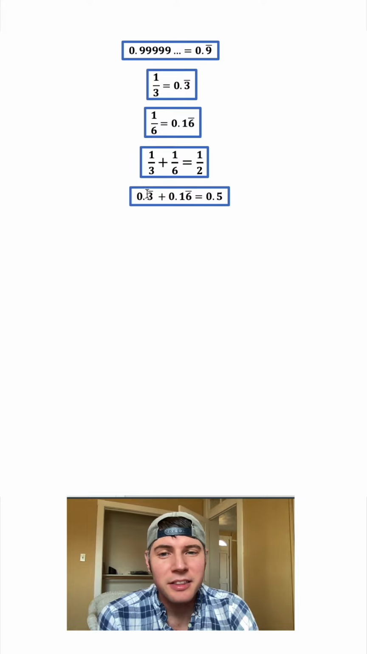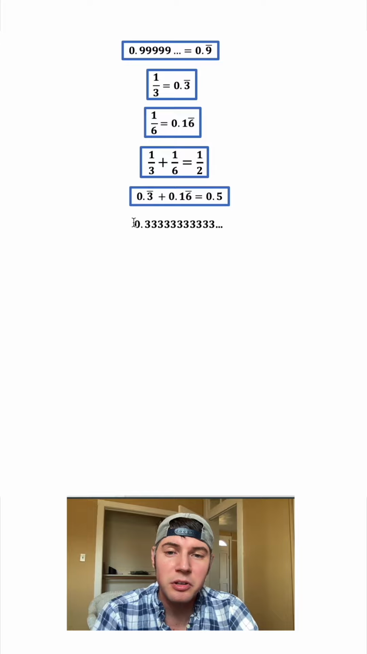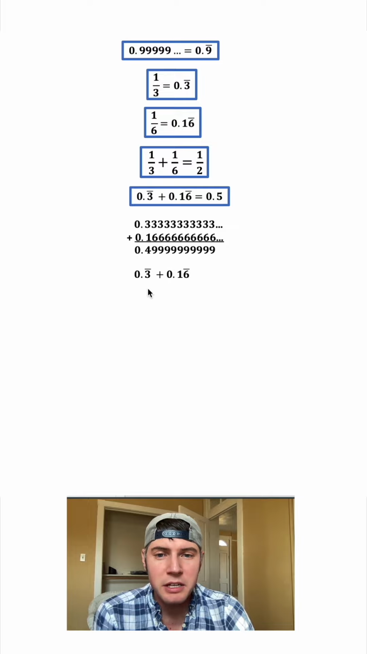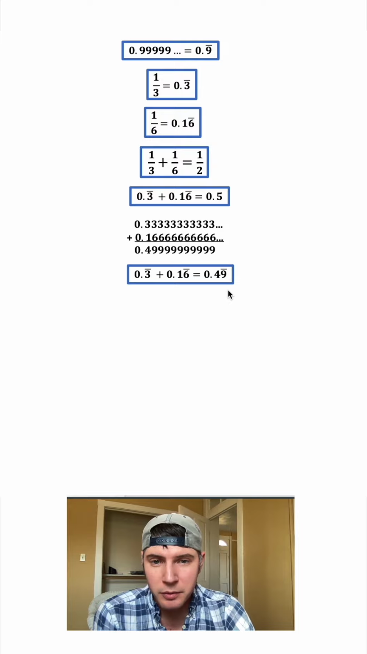There's another way we can add these decimals. We can do 0.3 repeating plus 0.16 repeating and calculate that. 0 plus 0 is 0, bring down the decimal. 3 plus 1 is 4, 3 plus 6 is 9, 3 plus 6 is 9, and we'll keep getting 3 plus 6 equals 9 forever. These 9s will never stop because the 3s and the 6s will never stop. So we can conclude that 0.3 repeating plus 0.16 repeating is 0.49 repeating, and we can put a box around